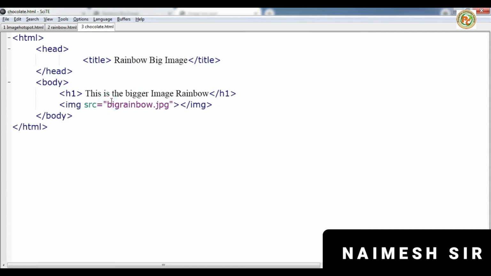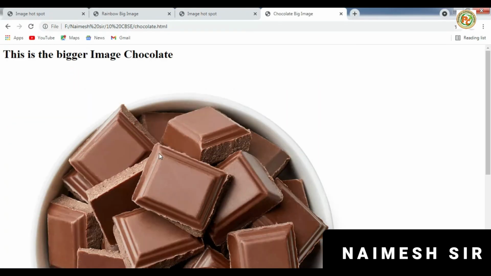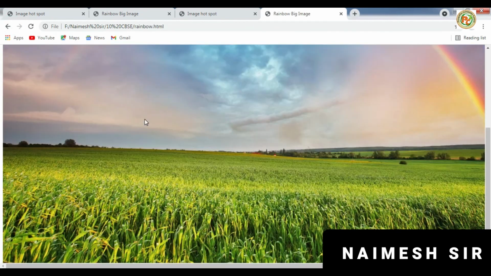Here instead of big rainbow we type chocolate, press Ctrl S, and this is the bigger image of chocolate. The title should also be changed to chocolate big image. Press F5 and check it, see, it appeared. Similarly if you click here, this will appear.